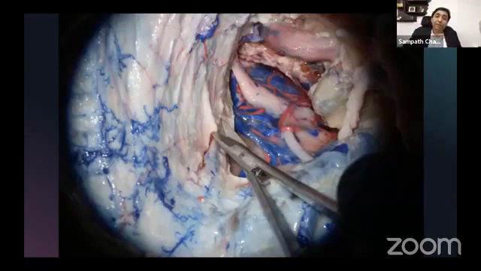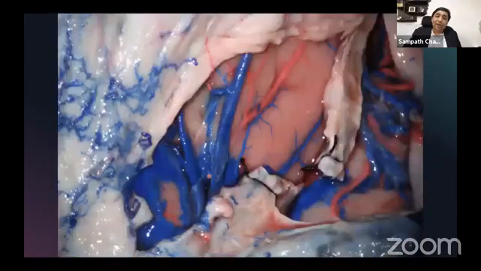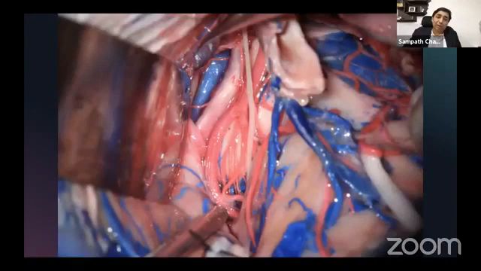The trigeminal nerve is here, Dandy's vein and all are here. Okay, so this is the root entry zone of the facial nerve. Now my area of interest is to cut the superior petrosal sinus in a controlled fashion, and expose the middle fossa dural contents. The most important structures that you see, posterior cerebral artery, the 4th cranial nerve, all these structures can be seen in the middle fossa, and this allows exposure of the middle cranial fossa.